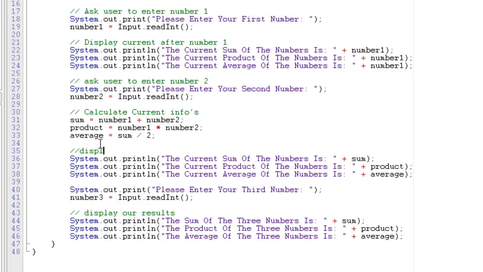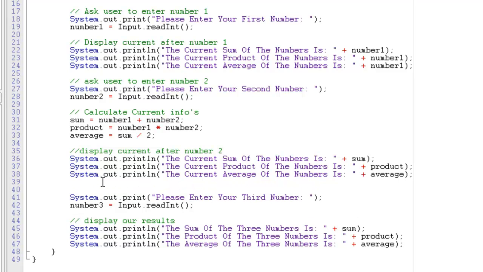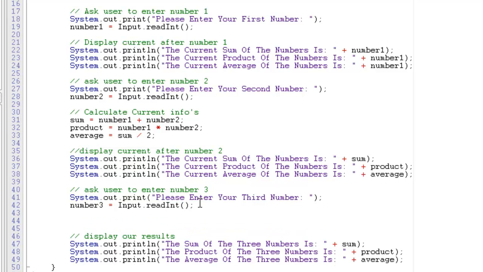So display current after number 2. As I say, just try and keep your code fairly well commented. Even though you mightn't need it, it's always good practice to do it. Then finally, ask user to enter number 3. Ask user to enter number 3, and once again